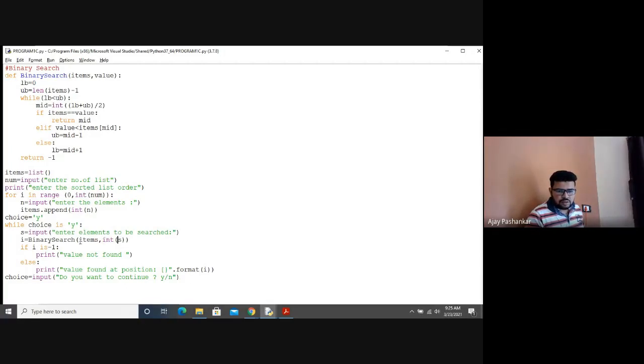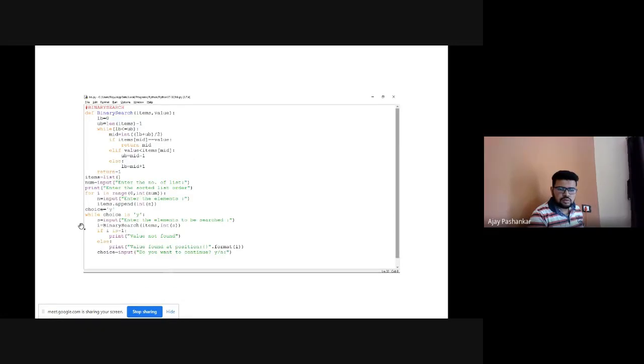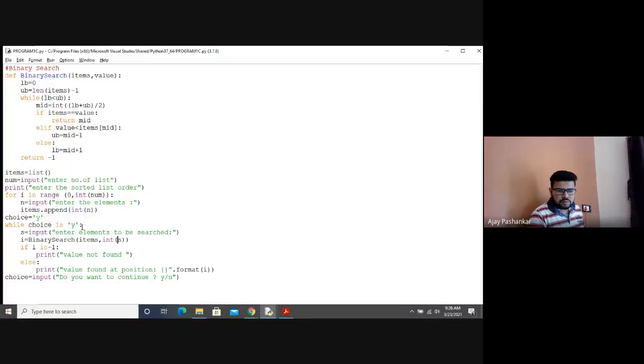Items int s. This one. Let's check whether the combination is proper or not.